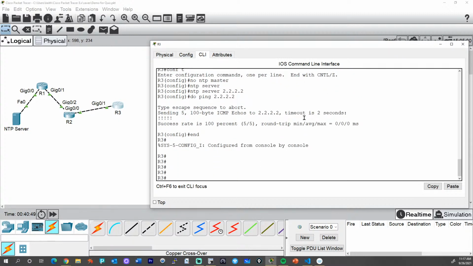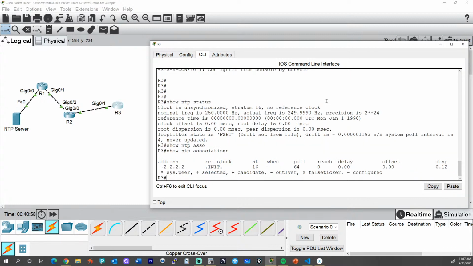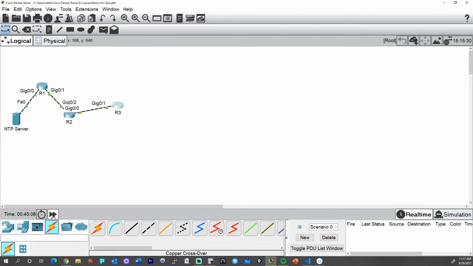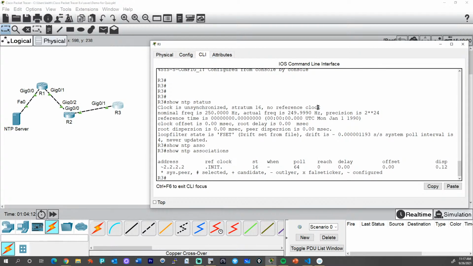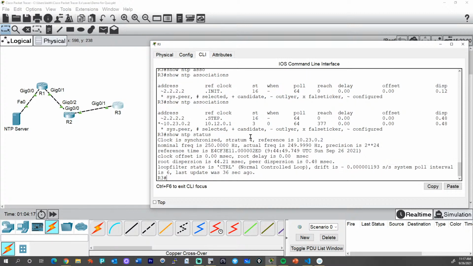So in a moment, if we do a show NTP status, it says it's unsynchronized, and show NTP associations. And so right here it shows it's configured. Now R3 is not going to take time from R2 until R2 believes it has the right time. So I'm going to go ahead and just fast forward like 20 clicks here, which is 30 seconds, I believe, per click, moving the clock a little bit forward. We'll go back to R3 and up arrow key and see this little asterisk here. We are now synchronized. If we do a show NTP status, we are now synchronized.